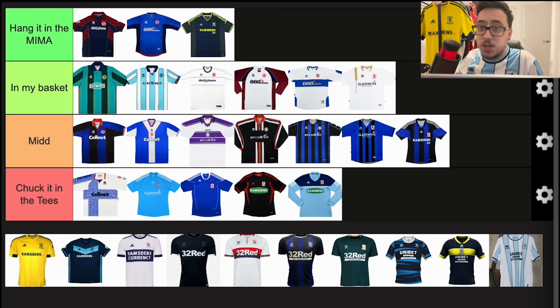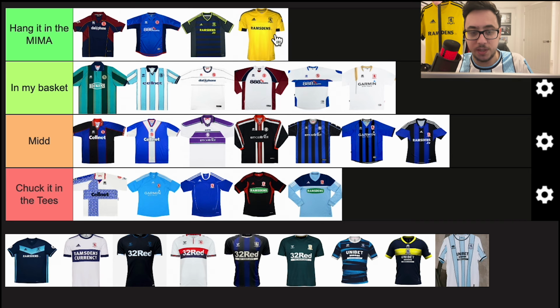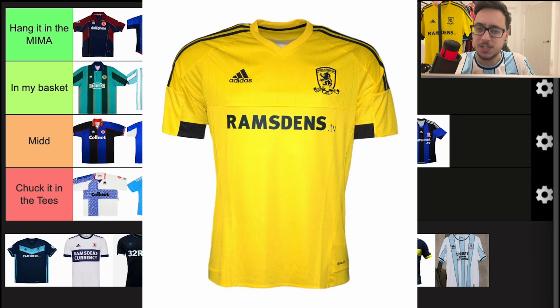What a shirt this is. This is going in the Mima as well. The only yellow Boro shirt we've ever had that's fully yellow, at least. It was different, and I don't care what anyone tells me, one of the best colour combinations in the world